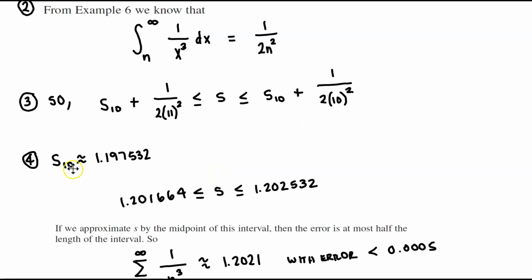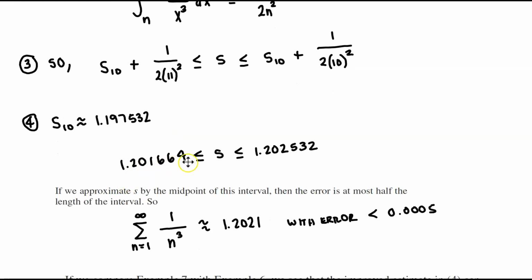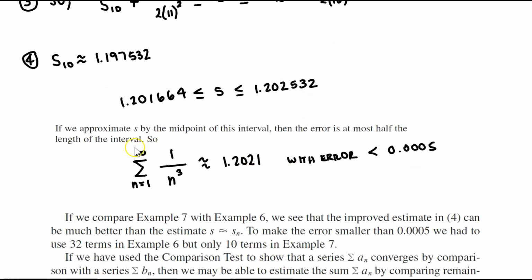So S subscript 10 is approximately 1.197532. If we add that to this fraction here, we get 1.201664 as the lower bound. If we add this value to 1 over 2 times 10 squared, the upper bound is going to be 1.202532. And if we approximate S by the midpoint of this interval, then the error is at most half the length of the interval. So the sum of 1 over n cubed is approximately 1.2021 with an error that's less than